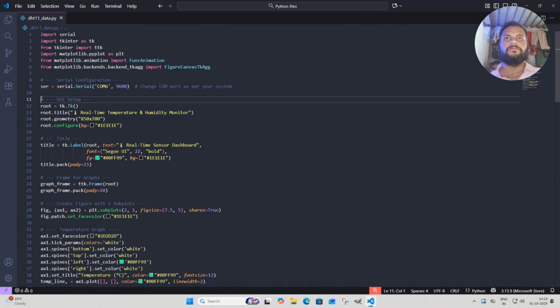Now we create our main Tkinter window and set its title, size and background color. We are going for a modern dark theme, so the background color is set to a deep gray. It looks professional and easy on the eyes. Then we add a heading, Real-Time Sensor Dashboard, with a stylish green color and bold font at the top of